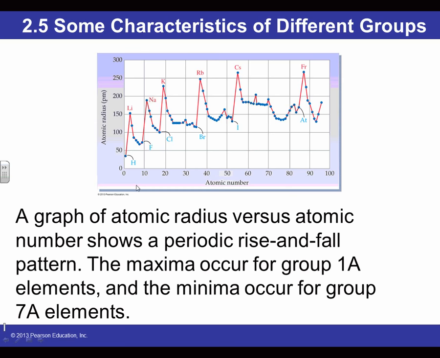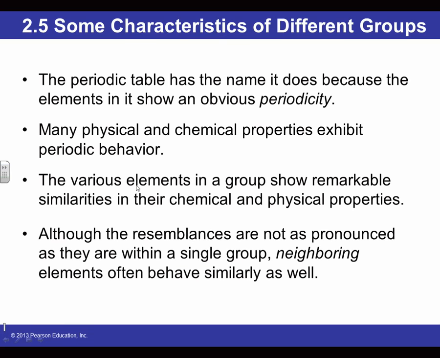And there is a trend associated with the behavior when you're traveling left to right and top to bottom down the periodic table. In fact, if you want to know the actual trend going from left to right on the same period, the atomic radius of an atom actually decreases, but then going down, it actually increases. So that's that. Now the